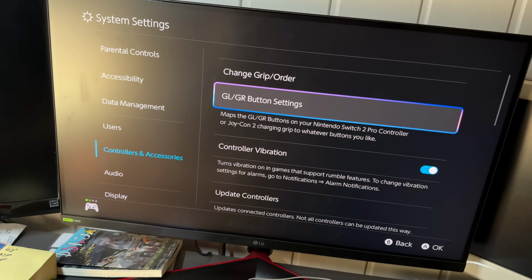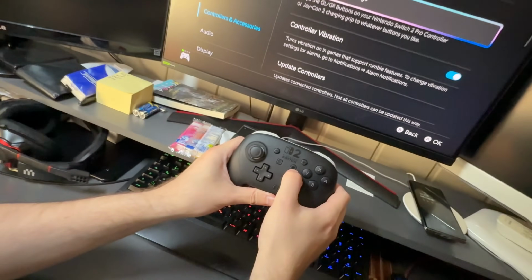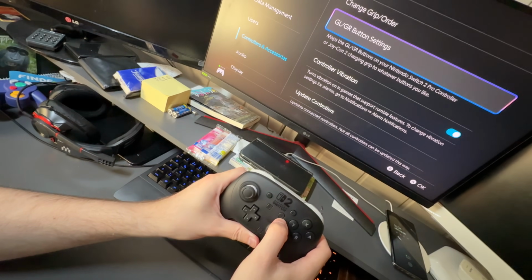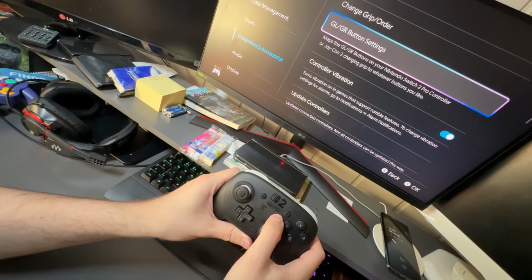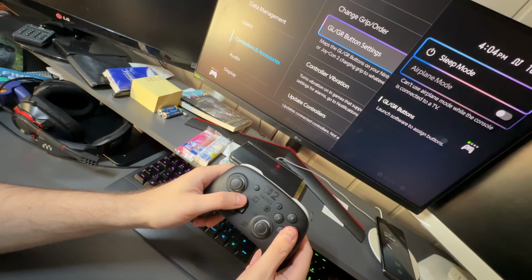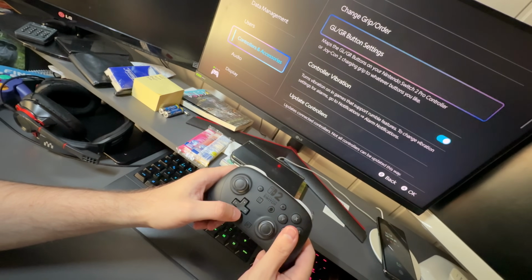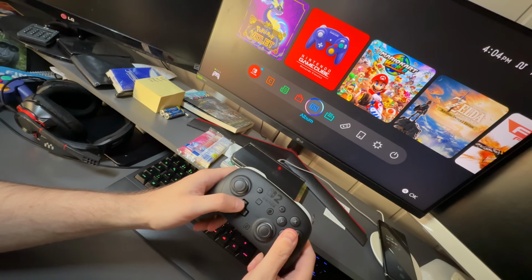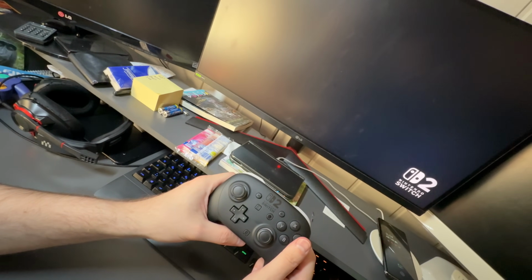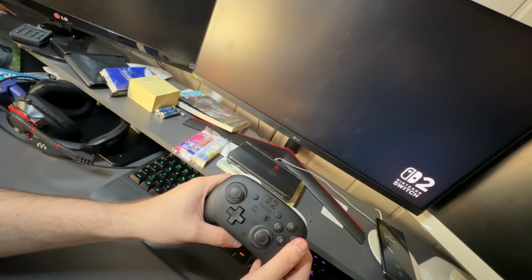And now we see how we get information about that. Now let's talk about how we can use it. We have a Home button on the left side of your Y button, or in the center a little bit right, and this is the programming possibility for the GL and GR buttons. But this is only going to be available if you are in a game.